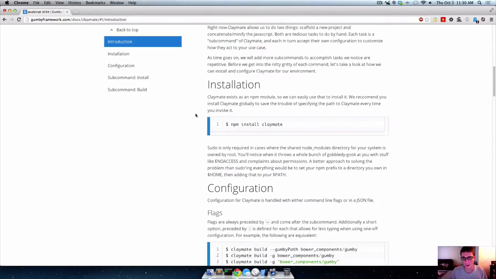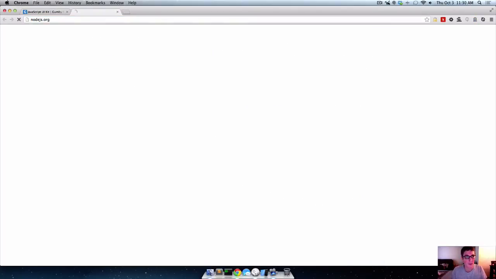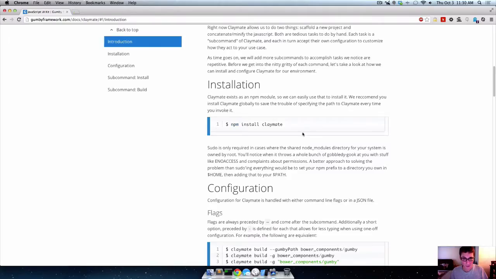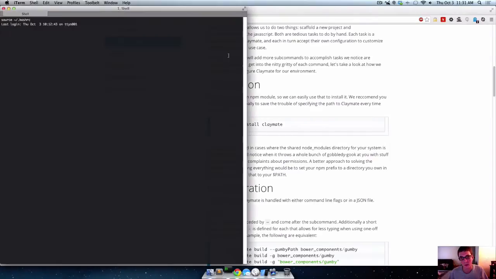So first, what we need to do is npm install Claymate. npm is Node's package managing system. You should have Node.js and be using npm anyway, but in case you're not, go to nodejs.org, click install, and run through the installation. It's just kind of a web design standard thing. If you don't have Node.js and npm installed on your system, then just trust me, you want it, so go get it. And then open up your terminal or command prompt